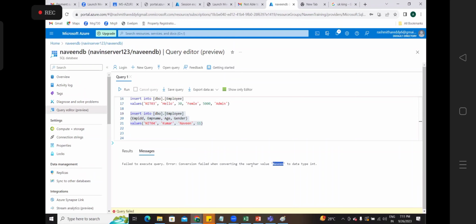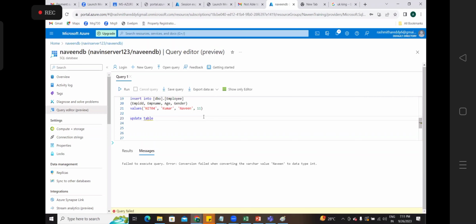Now I'll go with one more command, that's it for the day. Another command is called update. What is update? Already inside the data, you are trying to change the data, alter the data. Data only, not the columns and all. You want to update your data only. You already have inserted the record, and you want to change it. That is called update. So the query for update would be update